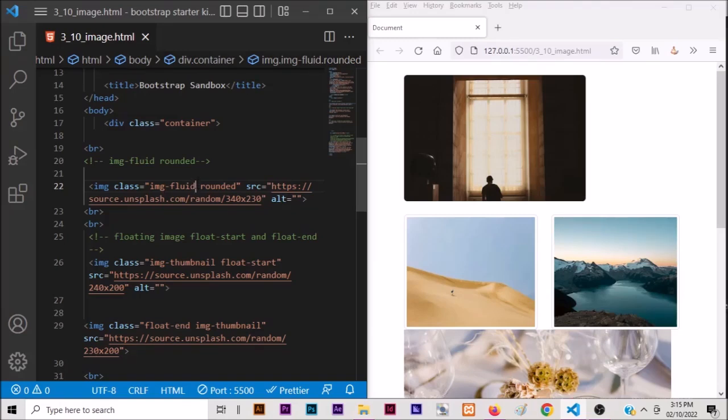That is, the image will be sized to the parent element, which is child 2. So img-fluid simply means 100% of that particular image to the parent element. So why is it not 100% of this viewport? Because we have constrained the width of this particular image to 340 pixels by 230 pixels, which is the height. This is the width. So that is what img-fluid does. So let's proceed to the next